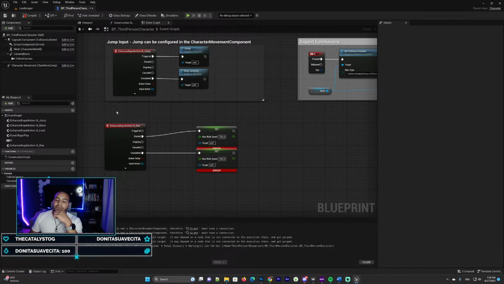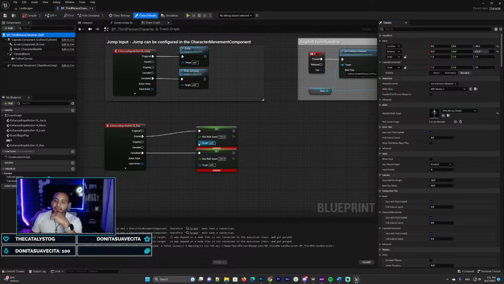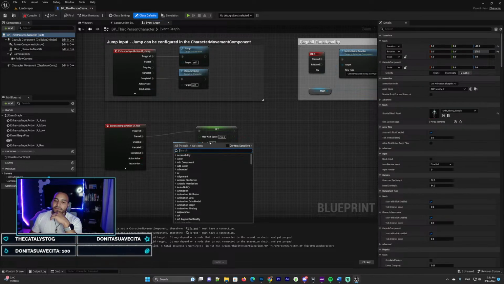So let's compile. Okay, oh, we don't have a target, so we have to get a target over here, and the target, we can get it from our BP third person character. We can connect that one over here, so that can be our character. So we can drag from this one, and we can cast. No, this is not a cast. This is a